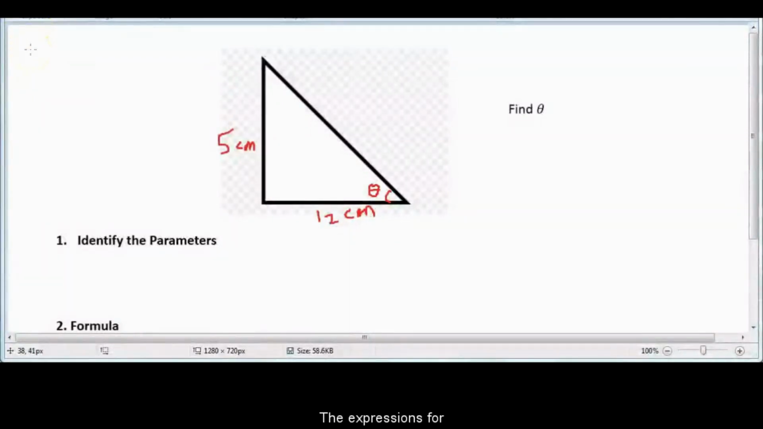The expressions for trigonometric functions can be used to calculate the size of the length and angles of a triangle. Consider this right angle triangle. Two sides are given. We are to find the angle labeled theta. Once again, you have to follow the 3 steps. But first, you must start with identifying the parameters in order to determine the appropriate trigonometric ratio to use for the solution. The parameters are going to be